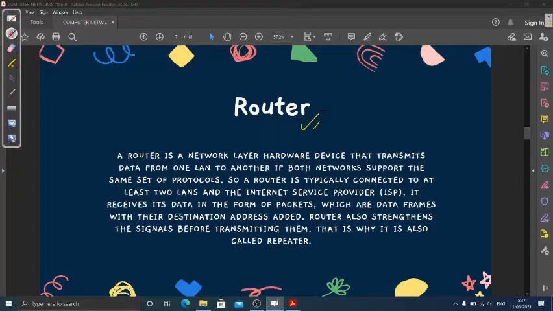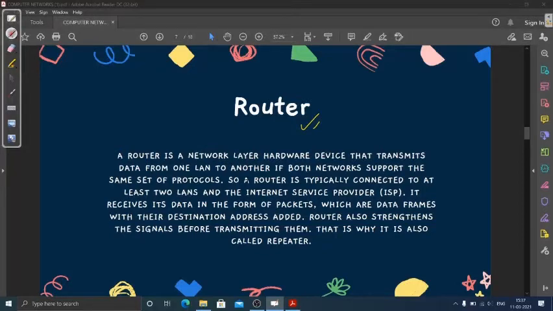Okay, so this router is a network layer hardware. Now what is this network layer, you will ask. It is actually the OSI. We are going to see about all those OSI layers. There are a total of 7 layers. We are going to discuss each and everything, most probably in our next video. So not going much into it here, but I will tell you what it is.